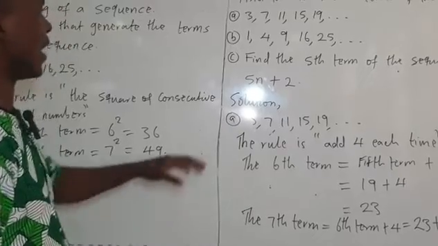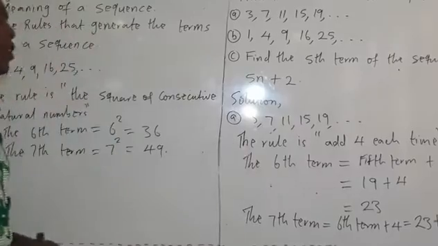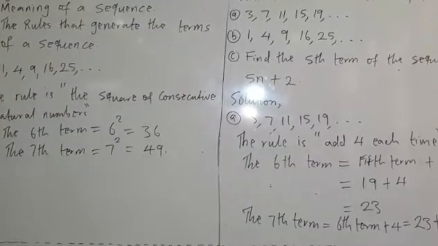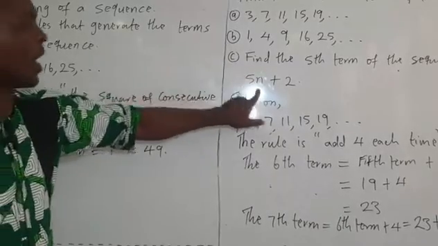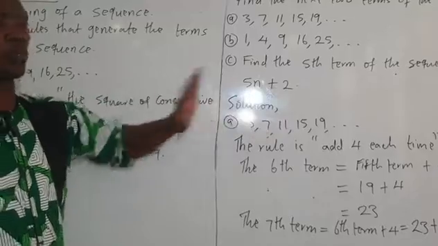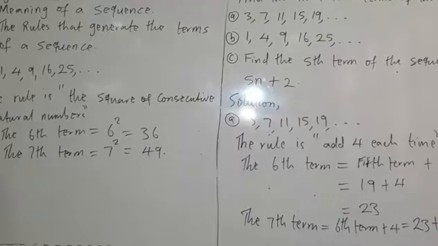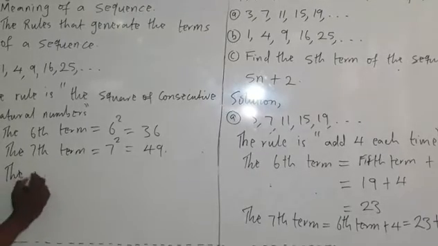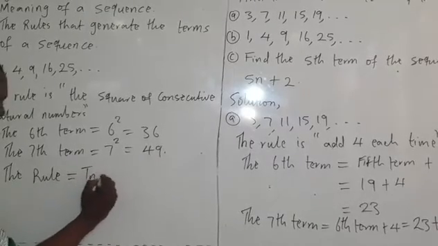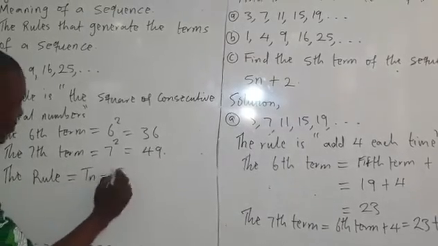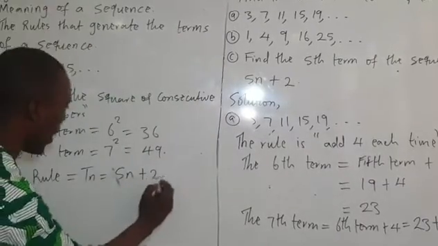Then question C states: find the fifth term of the sequence 5n plus 2. So we are looking for the fifth term. So to get the fifth term here, it means from the question given, we have the rule to follow. And the rule states 5n plus 2. So question C, the rule is the nth term, which is 5n plus 2. So since we are looking for the fifth term, it means when n